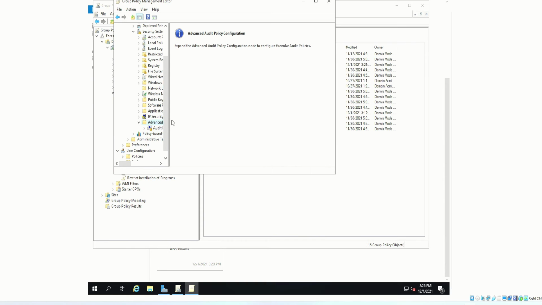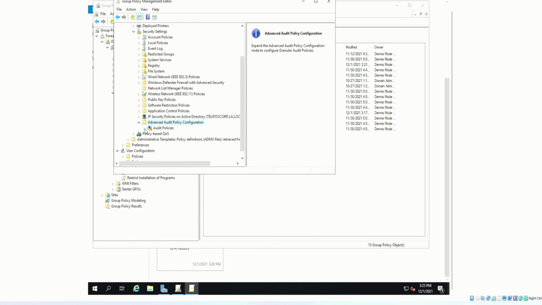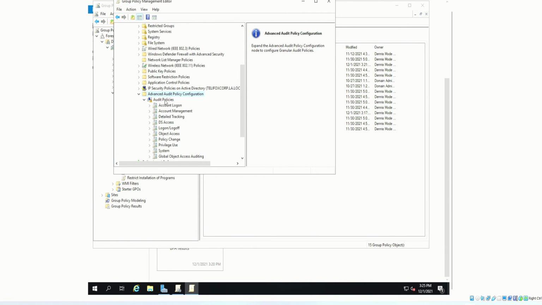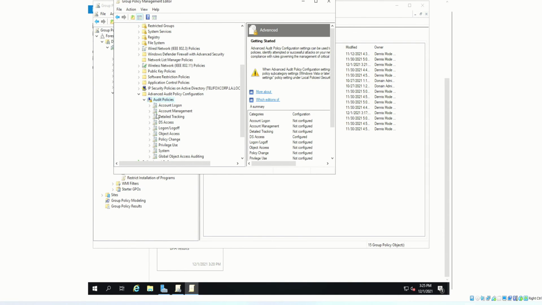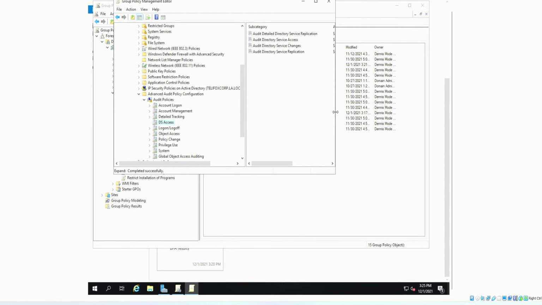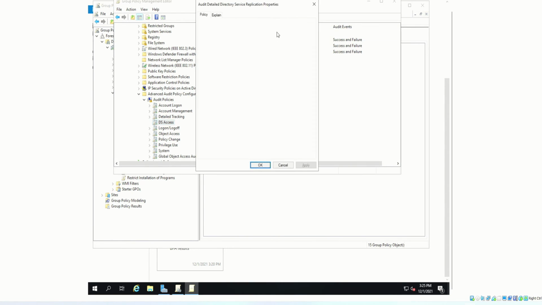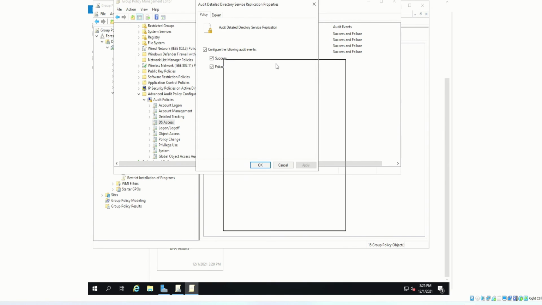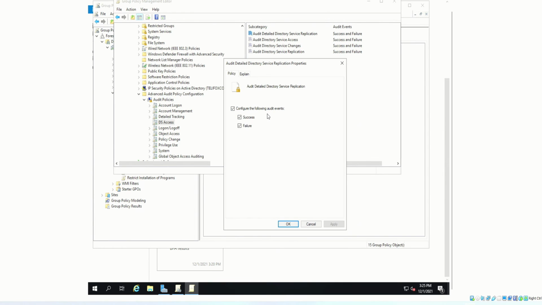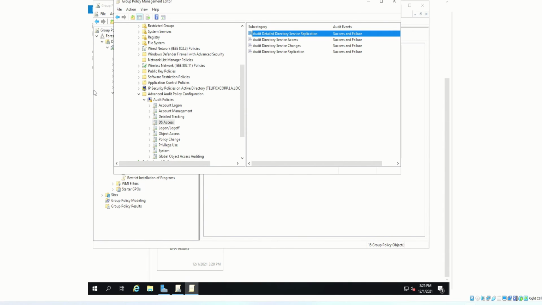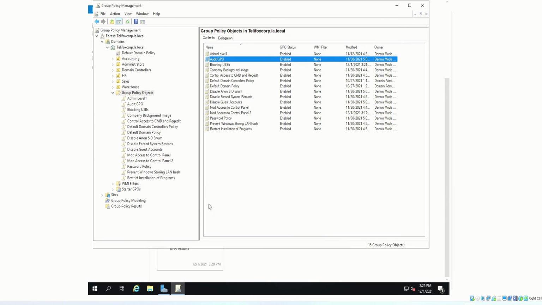And then we go to the Advanced Audit Policy Configuration. We expand that. And then we find our audit policies here. We want to expand this. And we want to click on DS Access. From here, we want to double click each of these options and click on Configure the following audit events, success and failure, and click OK for all 4 of those. Then from there, we bring up the